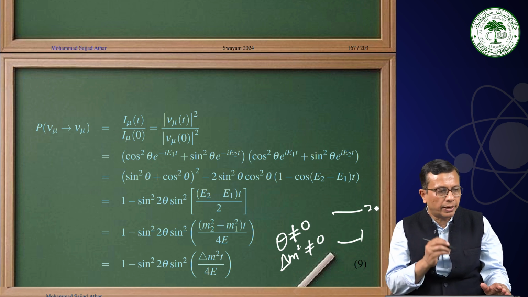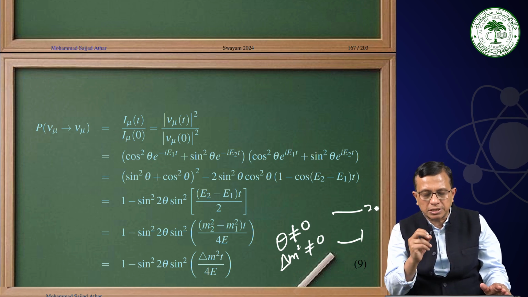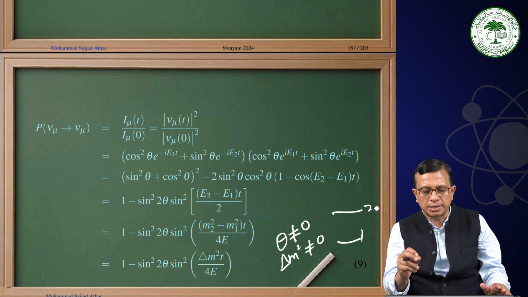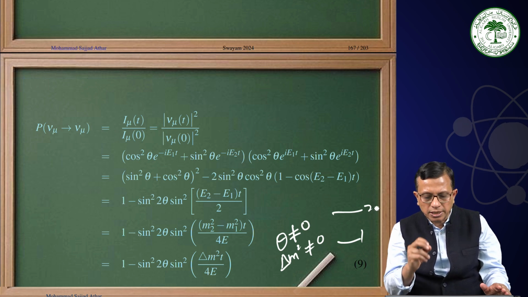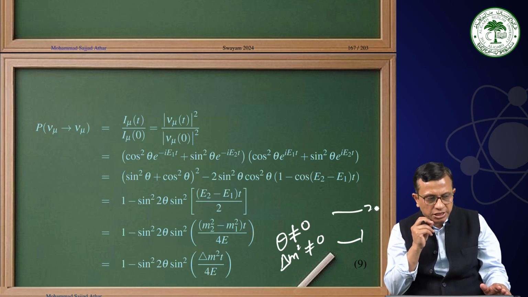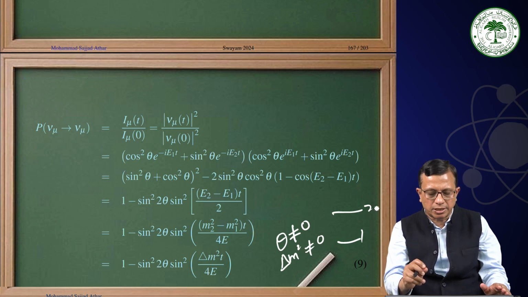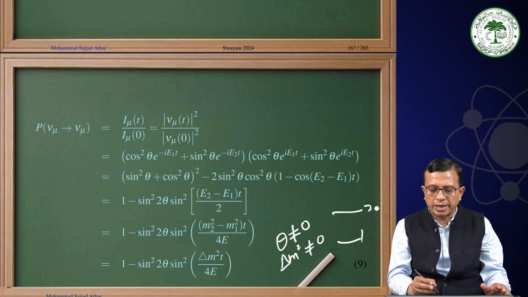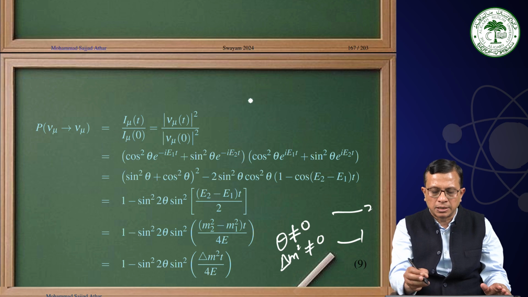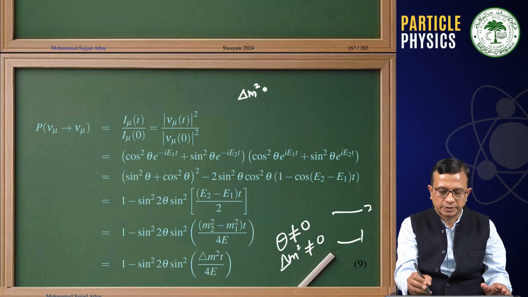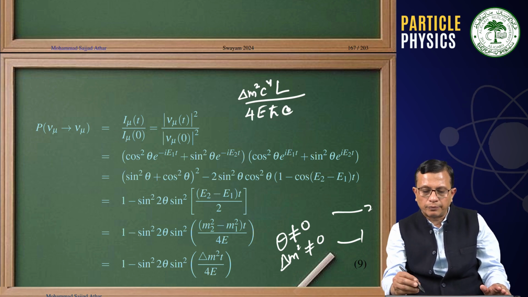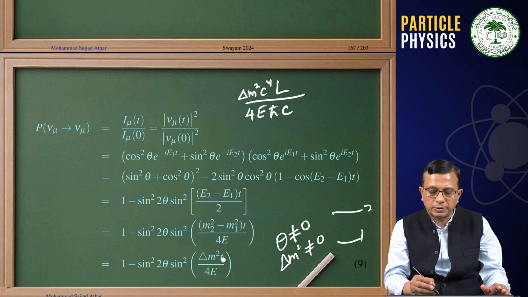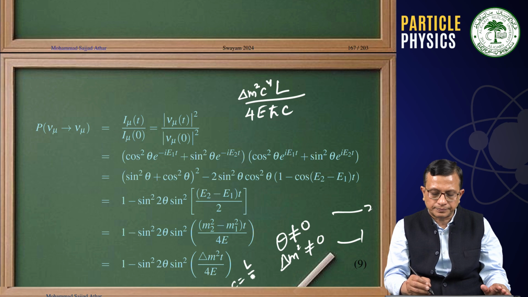Now this value which we are writing, we have assumed, to start with, natural units. That means c is equal to h cross is equal to 1. If we stick to all the c and h cross, then we can write this expression as delta m square c to the power 4 L by 4E h cross c. And where are we getting this L and c from? Because we are replacing this time: speed is distance upon time, and